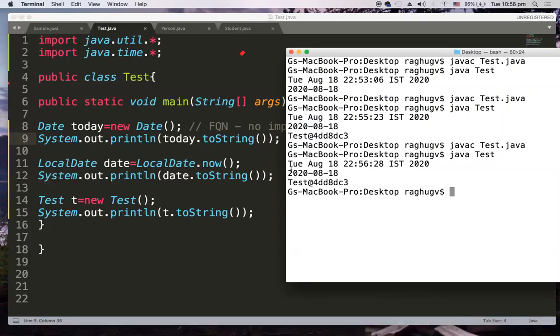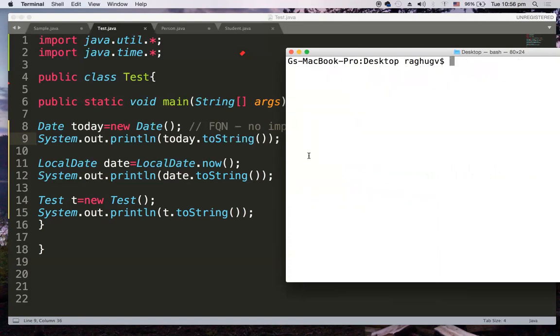The output doesn't change, right? Except the time has increased here from 55 to 56, the rest is all the same, right? That means whenever you are printing an object reference, toString is going to get appended to that. Okay, that's why whether I use toString or not, I am getting the same outcome.